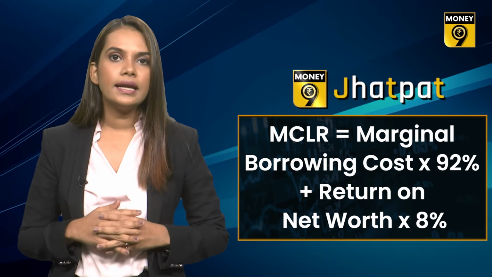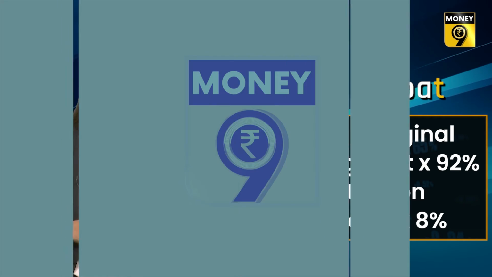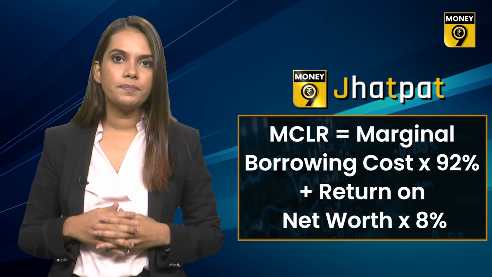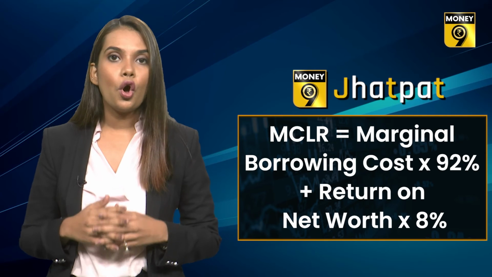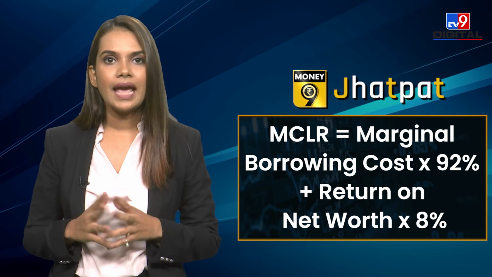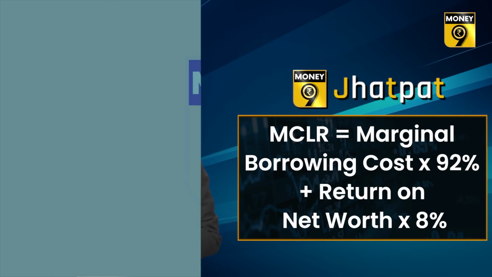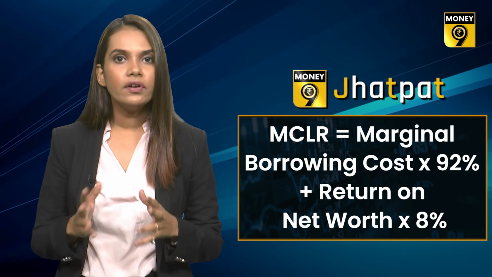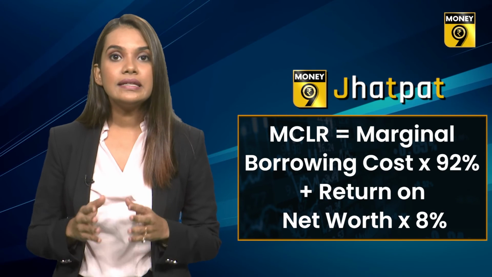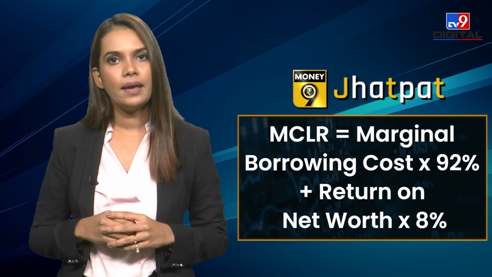Another factor in deciding the MCLR is the operating cost of the bank. That is, there are many types of expenses of the bank. These include all the expenses like fundraising, capital expenditure for opening new branches, salary of employees, and so on. Now, banks are not able to recover their money from customers. So these things are also added while calculating MCLR.